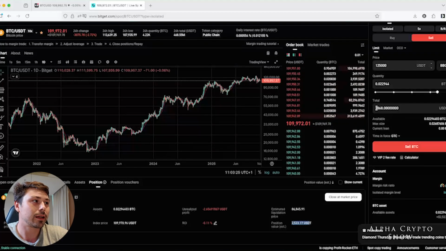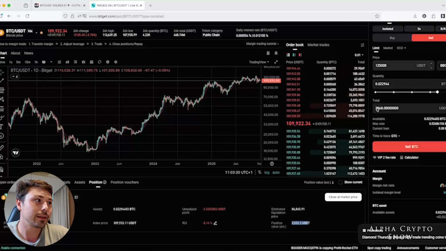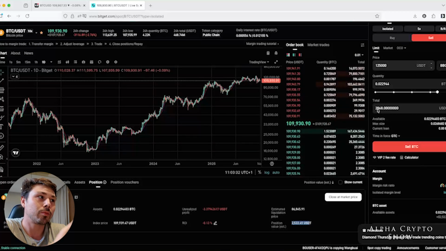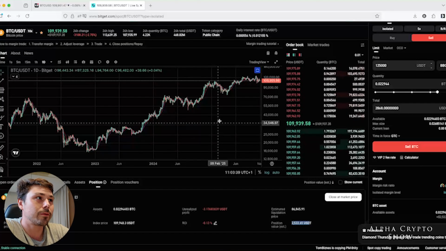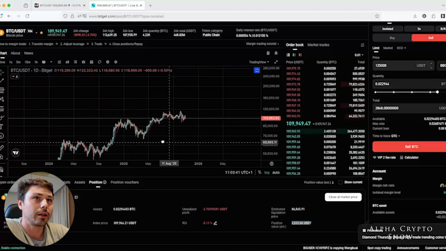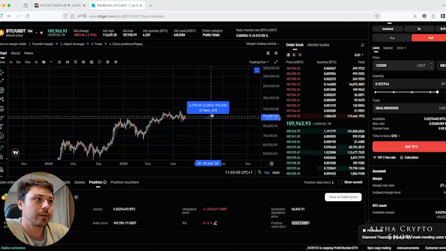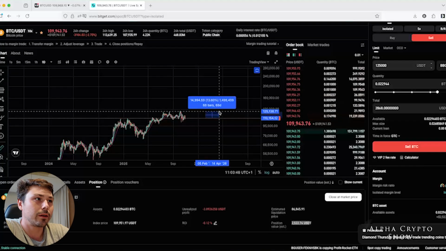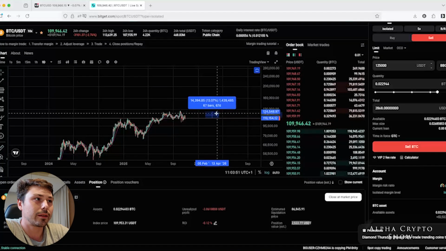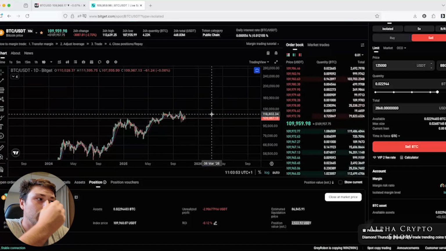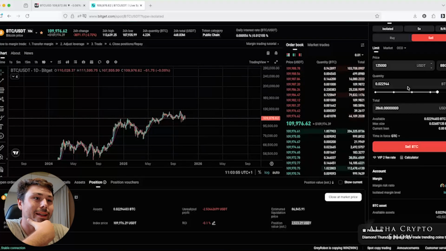Okay, we see that the money I buy, the position value, is $2,500, but when I realize it is more than 2,800, which means I have a profit of around $300. Why does it matter? Because of how much the price goes up. If I do this, I buy here, the price goes up here, around 13%. If I want to earn this much money, this $300